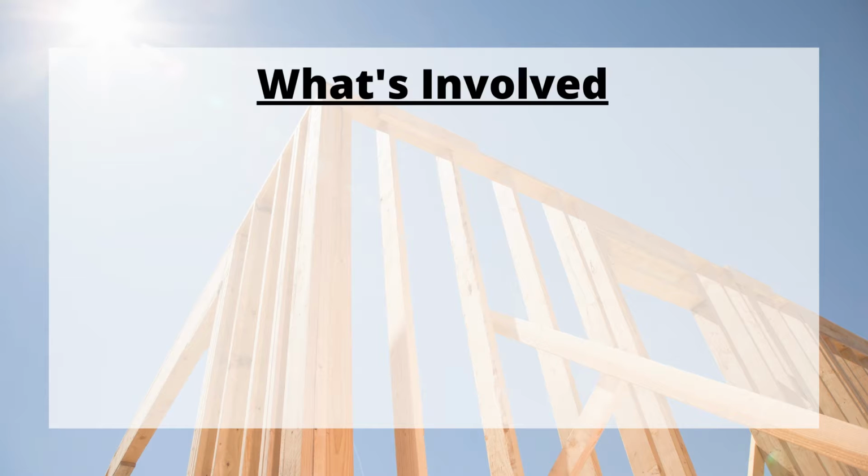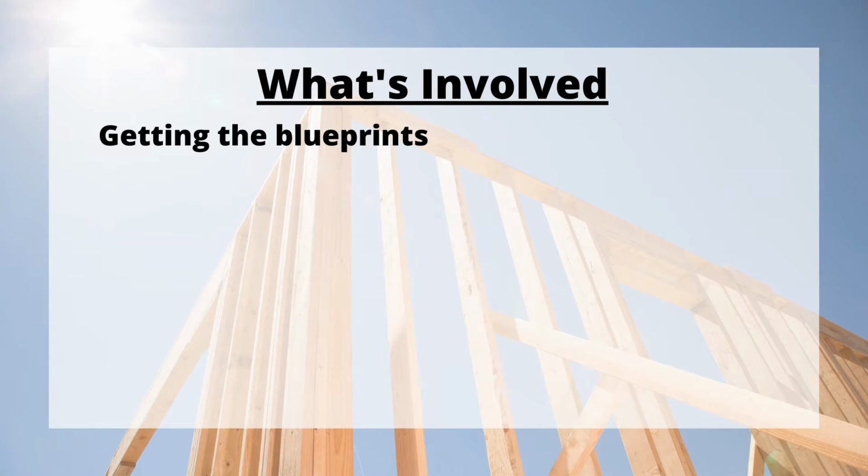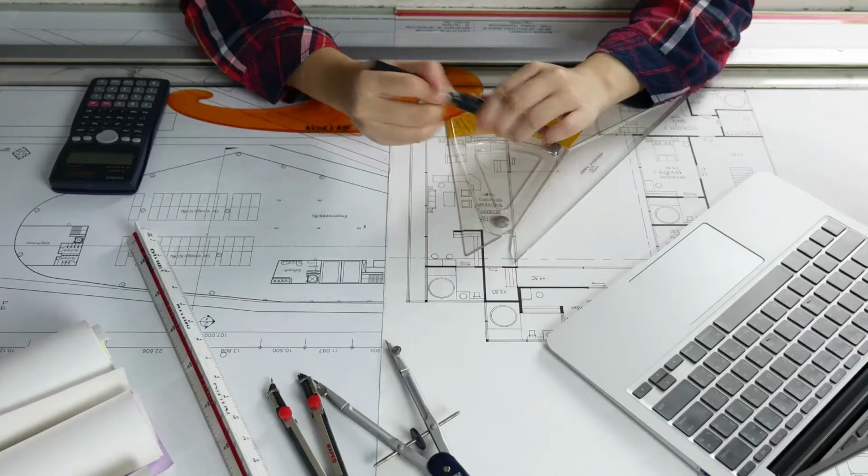Well, step one, getting the blueprints. So you need to figure out, obviously, what you're going to build, what house you're going to build. Now, for getting the blueprints, you can either purchase stuff online, find some blueprints you like. You can make minor modifications to them, or you could actually design your own house completely from start to finish. Whether you sketch to get some ideas and then sit down with an architect or draftsperson to finalize it, however you do it, you just need to get a good set of plans that are drawn,